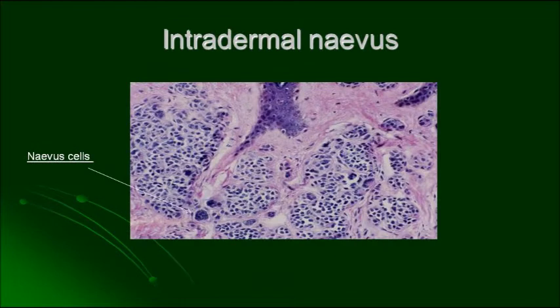Now the last one, intradermal nevus. In that picture only a small part of the epithelium is shown and everything else is connective tissue. See where the arrow points: the nevus cells are present only within the connective tissue. That is our common mole, the intradermal nevus. Clear? So: junctional nevus, compound nevus and intradermal nevus. The junctional nevus is the one which transforms into malignant melanoma, that is very important, and the intradermal nevus is commonly known as the common mole.